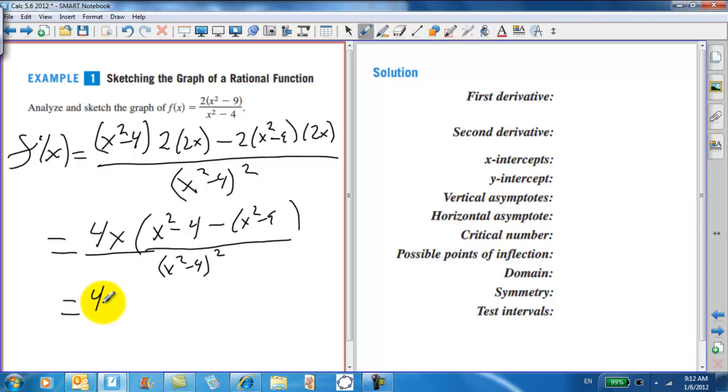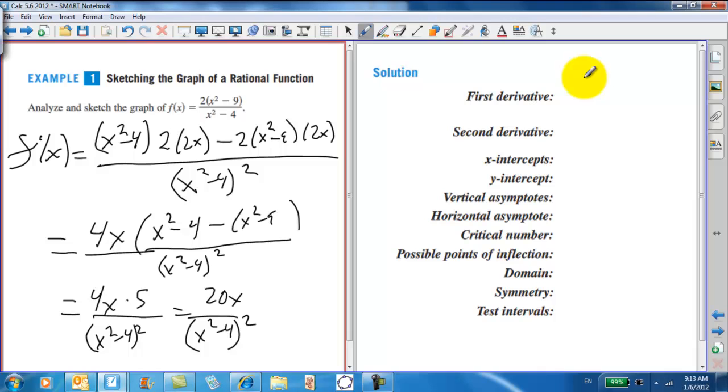And so we get 4x times, the x squareds cancel out, minus 4 plus 9 is 5, all over (x squared minus 4) squared. And we get 20x over (x squared minus 4) squared. There's our first derivative, 20x over (x squared minus 4) squared. That was a lot of work. I'm going to let you do the second derivative here, and the first derivative for that matter too, on the